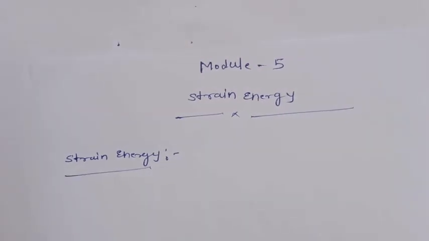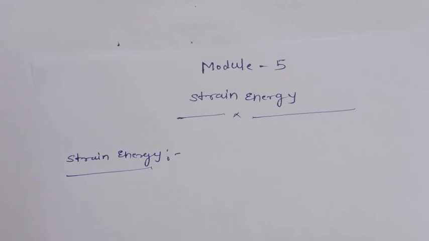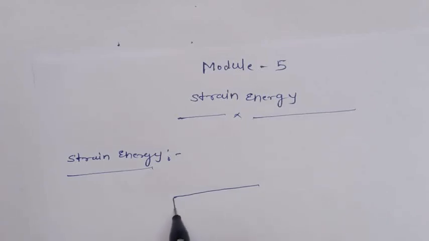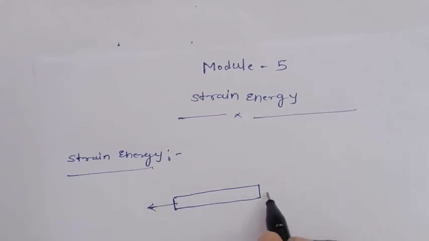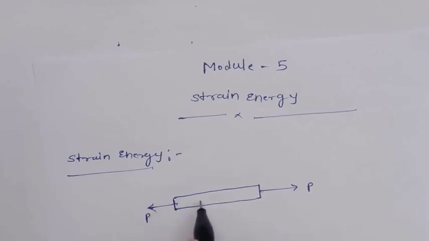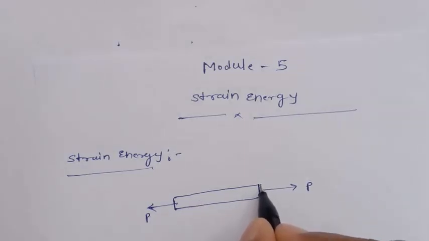The basic concept of strain energy is that when we apply any gradual or static load onto a body, maybe an elastic body, say a load that I'm naming P, what will happen? Because of this load, work is done by the load on the body, it tries to strain, so its length increases